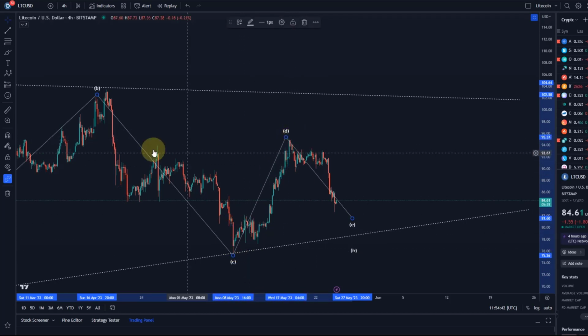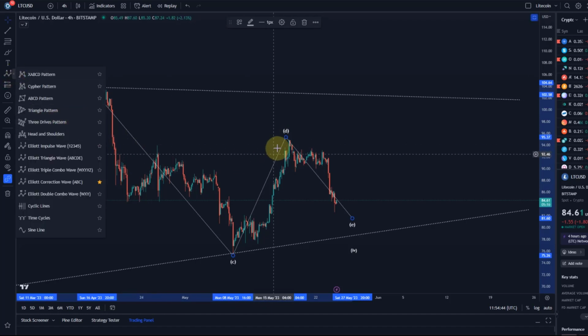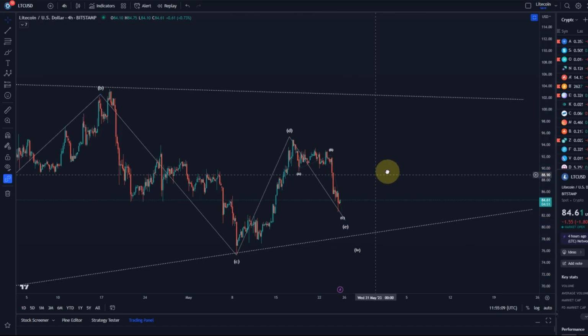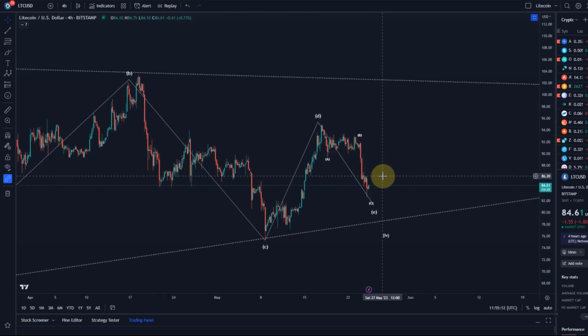And then we could say, right, the move down here, because this looks like a triangle here. I mean, also possible as an A wave down, a B wave triangle here. Just see, A, B, C, D, E. Here probably, yeah, where we finished. And now we're heading down in a C wave of wave E, if anybody's interested in the micro count here. And then we should go higher.